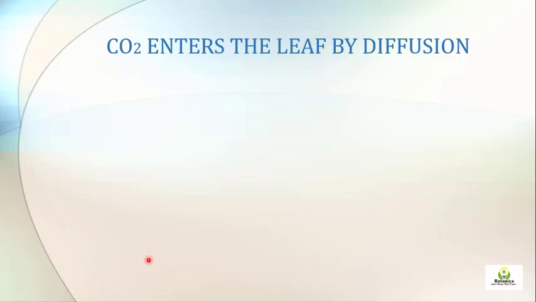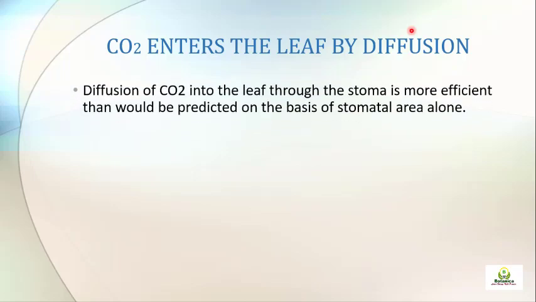So now we are going to discuss diffusion, or how the carbon dioxide will enter into the leaf: what is the mechanism, what is the process. The carbon dioxide will enter into the leaf and it will be fixed, and oxygen will leave the plant into the environment. So how will this phenomenon occur? What are the driving forces for CO2 entering from the environment into the leaf cells?